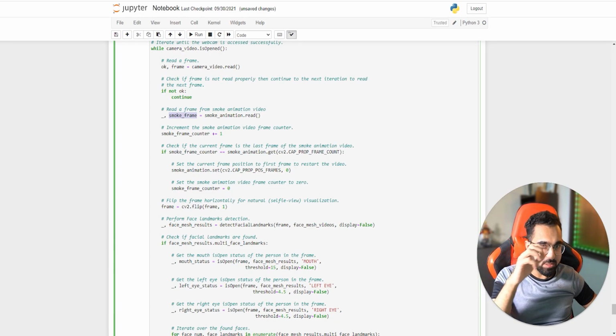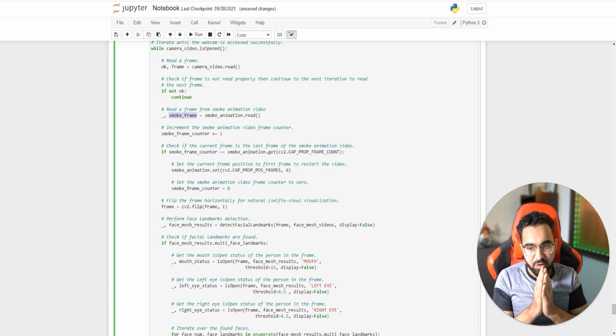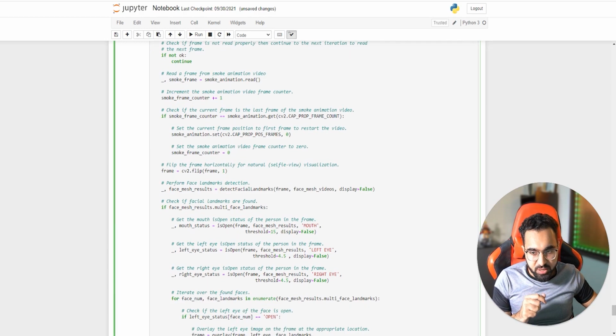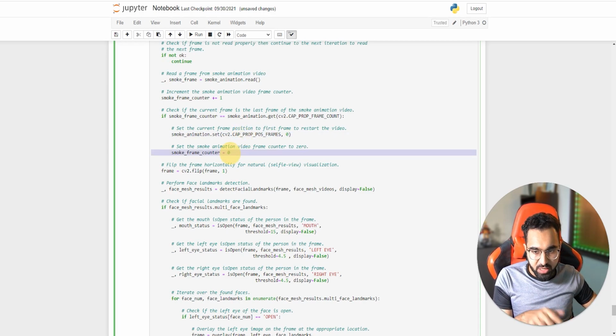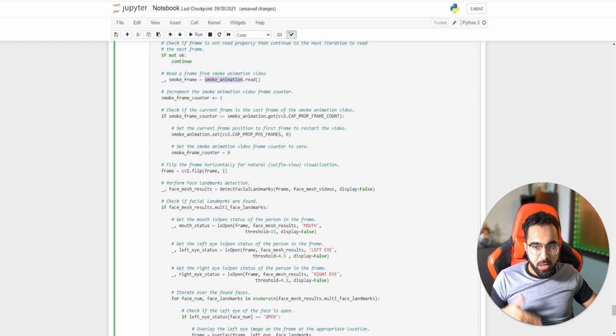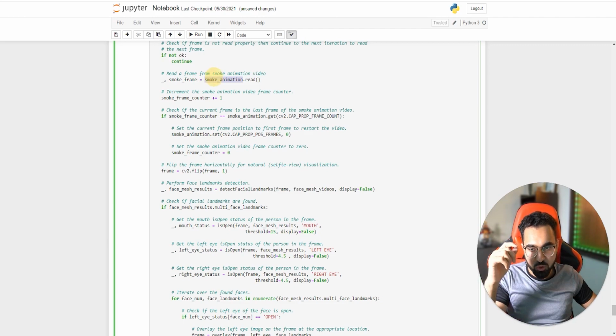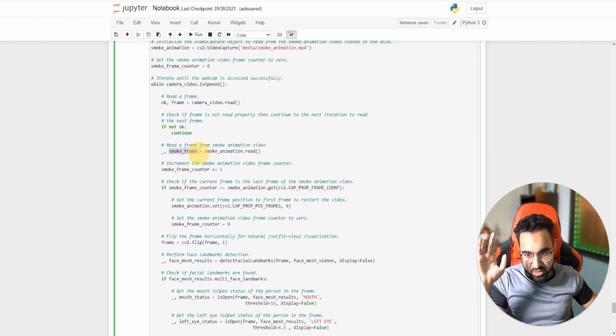I don't know how many frames are in this particular animation, but when we read the last frame, the video would end. When the video ends, we need to know, because we need to start the video again. So this is what's happening here. Every time, I'm going to check where the frame counter is at. We're going to increment the frame counter every time we read a frame. When the frame counter has reached the end of the video, we're going to reset the video to frame 0, reset the counter, and start reading again. This way, the facial animation will start again when the animation ends, so you get a continuous animation. All you need to do is treat this as a single image, and you're fine.